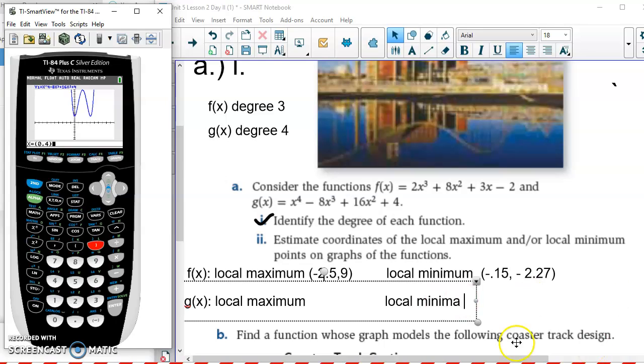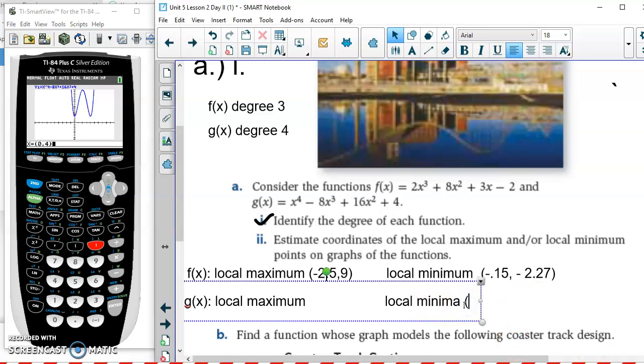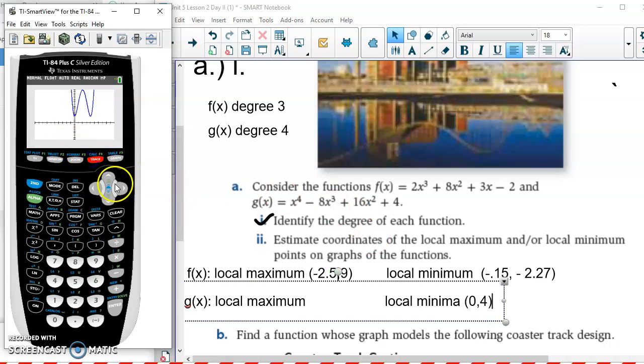So 1 is going to be 0, comma 4. Oh, that typed in the calculator. 0, comma 4. I wanted to type that here. All right, let's still hit trace, and let's trace over to our other point. So we go right here, and that looks like about 4 and 4.13. That's kind of the lowest y value we can get. So I'm going to say this is about x equals 4 and y equals 4. So let's put that as our other local minimum point,